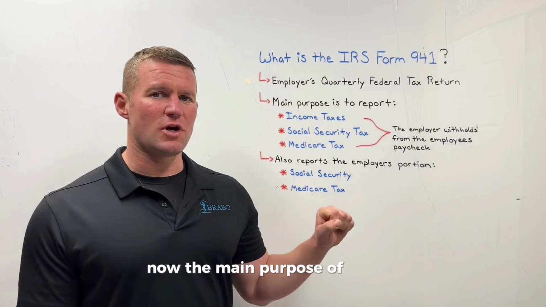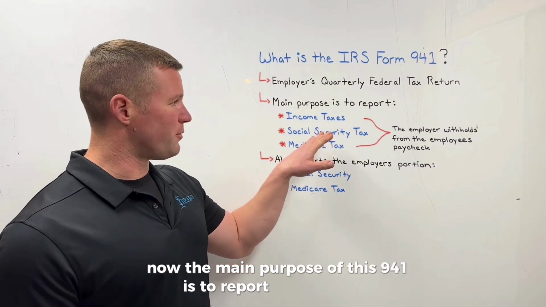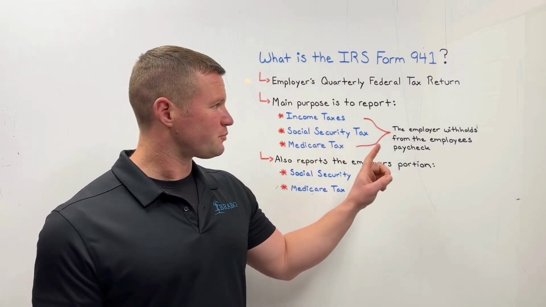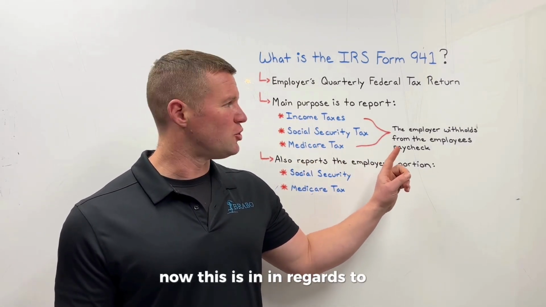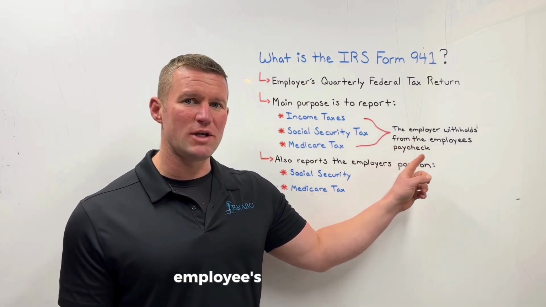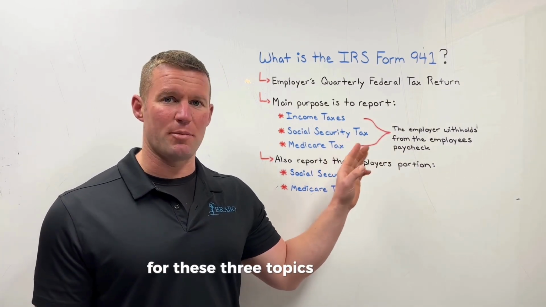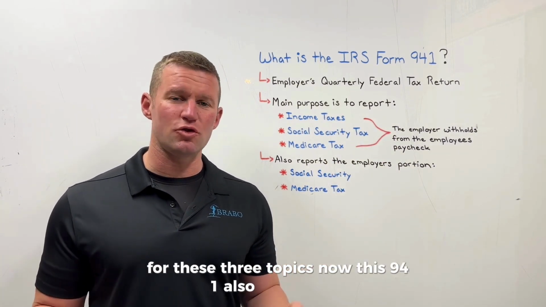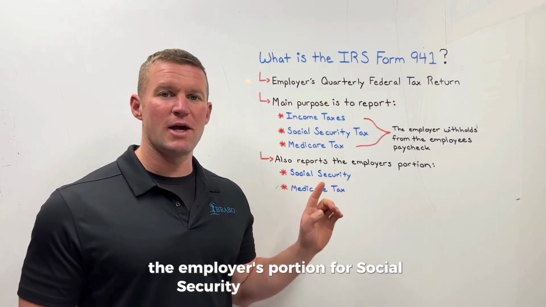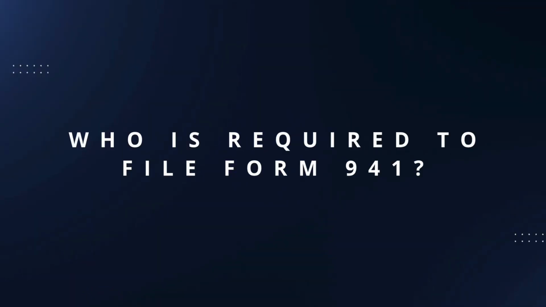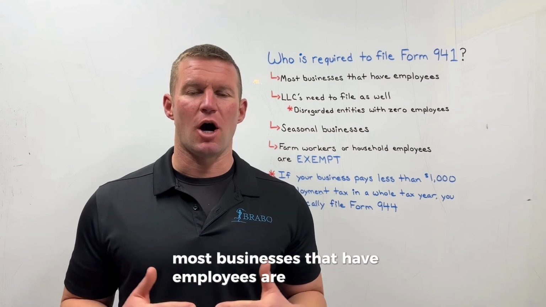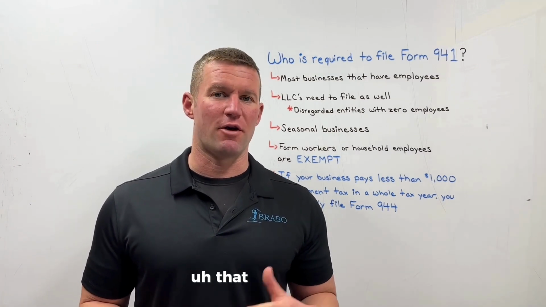Now, the main purpose of this 941 is to report income taxes, Social Security tax, and Medicare tax. This is in regards to the amount that the employer is withholding from the employee's paycheck for these three topics. Now, this 941 also reports the employer's portion for Social Security and Medicare tax. The simple answer here is most businesses that have employees are going to be required to file that Form 941,